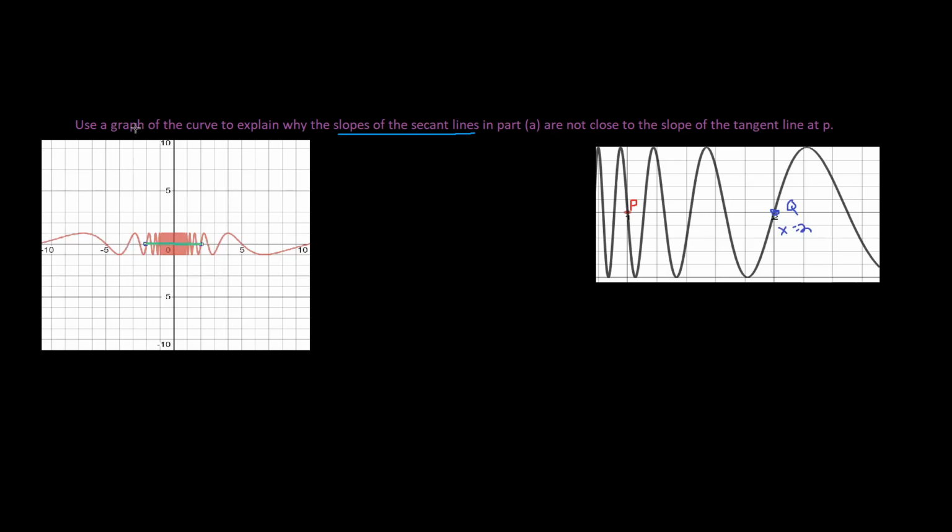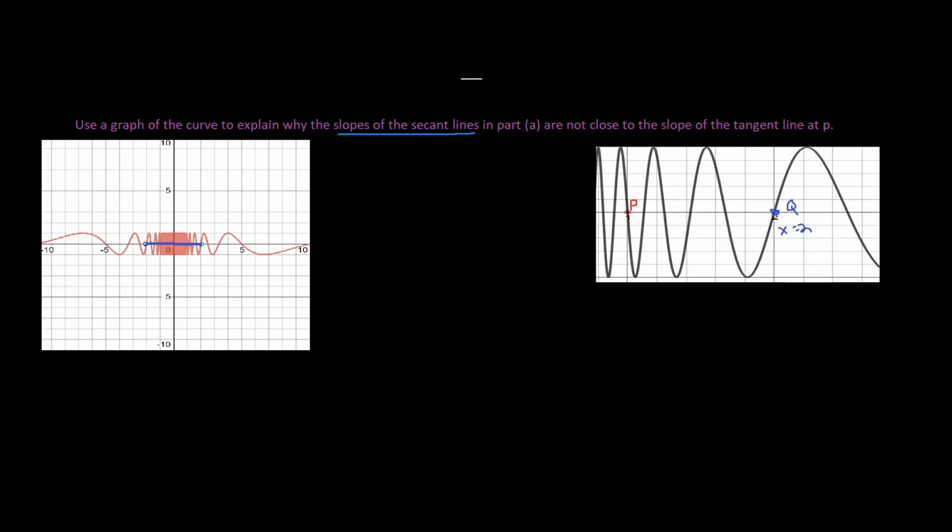And so the question is asking, using a graph of the curve, to explain why the slopes of the secant lines in part A are not close to the slope of the tangent line at P. And you can see tangent line P is right here. And you could tell why the slopes of the secant line aren't close to the tangent line at P. It's because of how spread apart they are because of the curve. And so